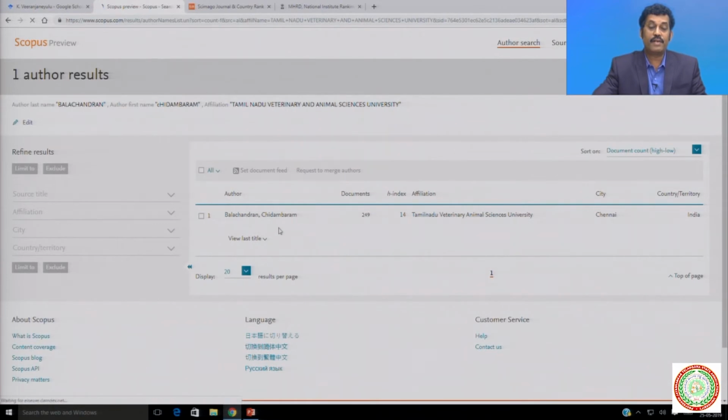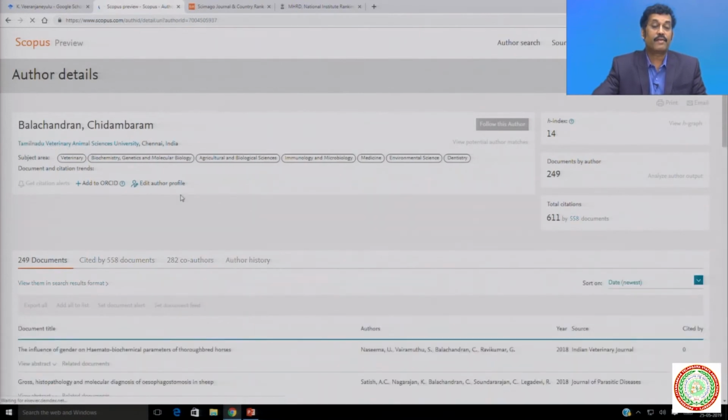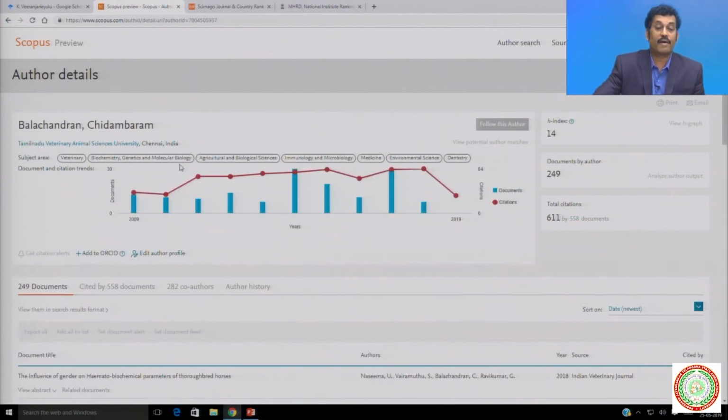So this is the abstract given by the Scopus database for the citation details and H-index details of Professor Balachandran. If you go and click here, you can get the detailed abstract. This is the abstract of Professor Balachandran, Honorable Vice Chancellor of TANUVAS.